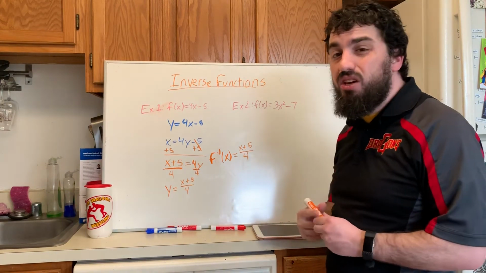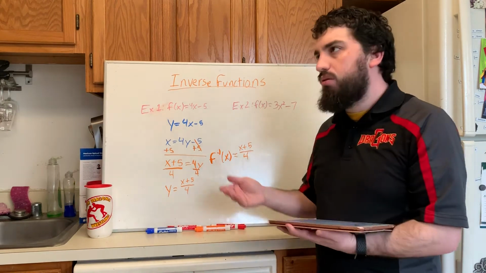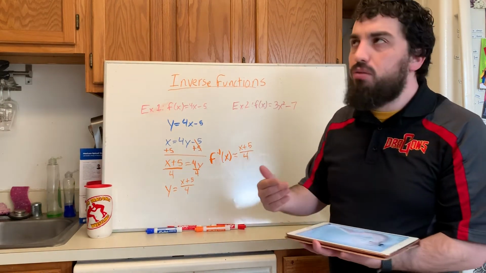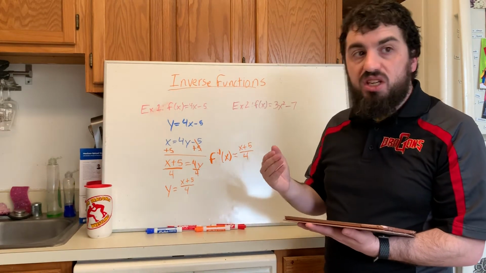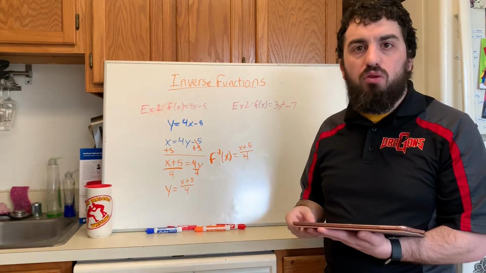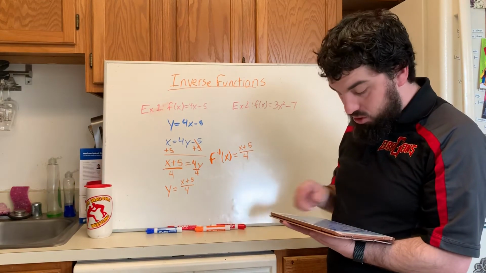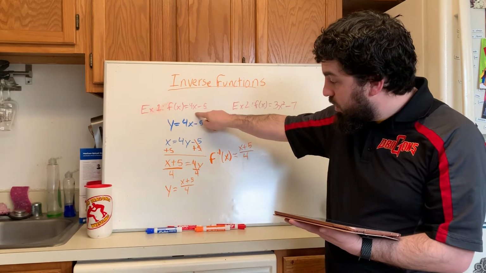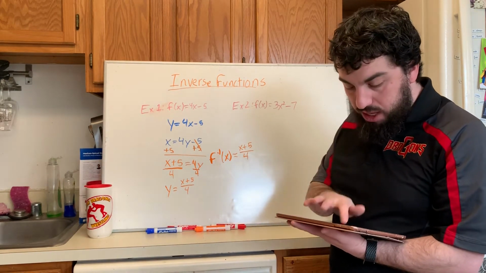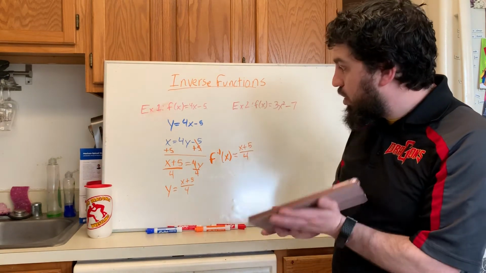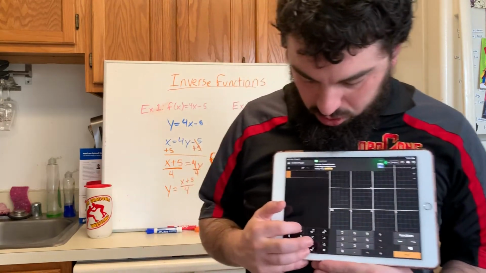So, like I said, in order for them to be inverses, technically you don't need to, but we are going to check that they are inverses visually by seeing that they reflect over the line y equals x. So what I'm going to do is I'm going to type in this function, this function and y equals x. So let's start with the first one. So our first function was